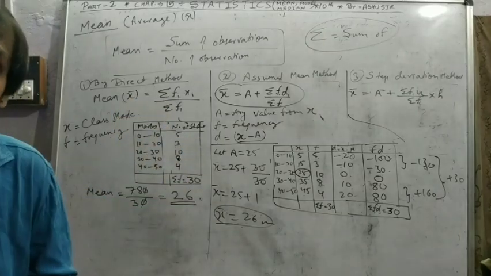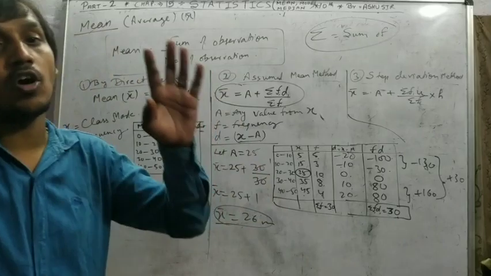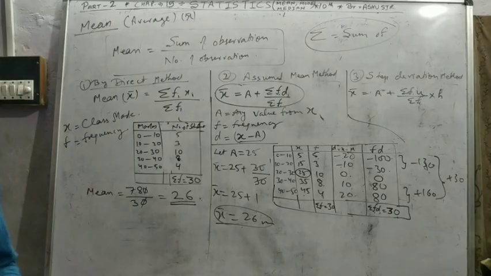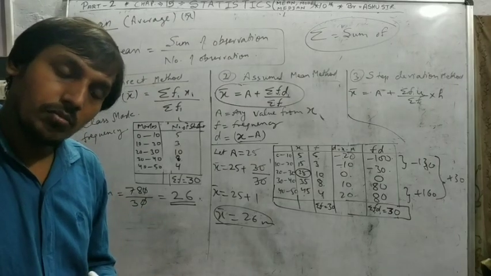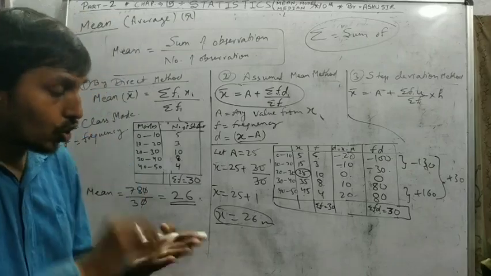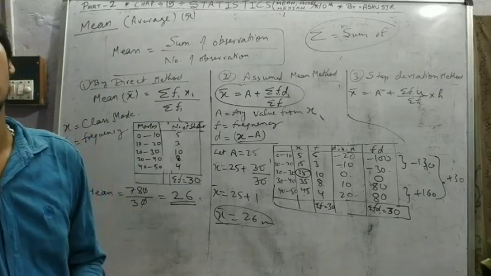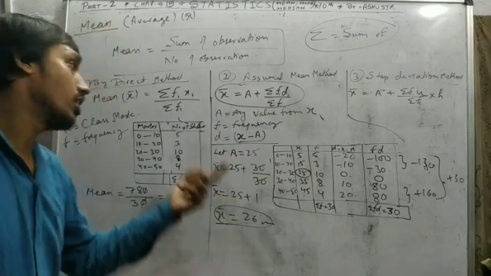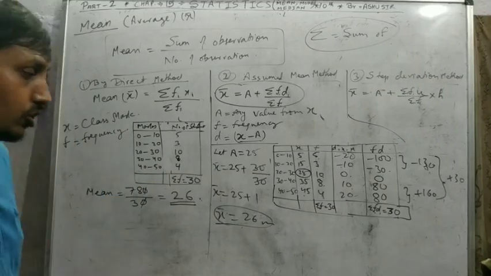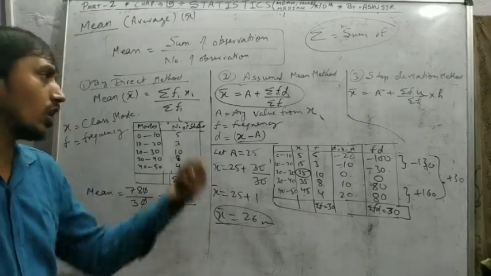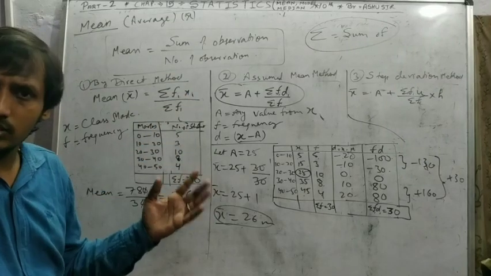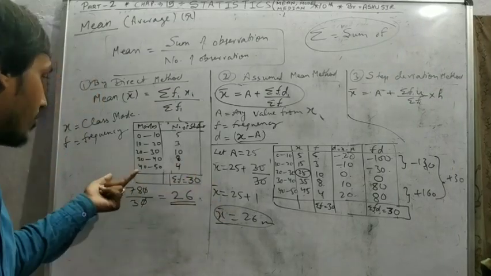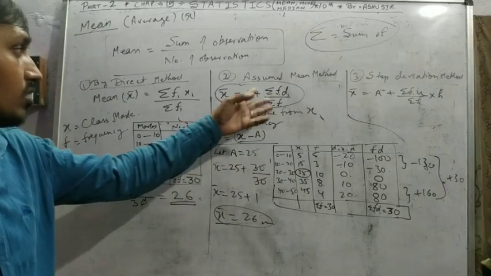If the data is the same and you find the mean, then for the assumed mean method, for the direct method, for all the formulas, you get the same value. But if the examination says to solve the question using the assumed mean method, it is compulsory to find the mean by that method. Whatever is given in the question, you can use. If it's not given, you can use the direct method directly. That's your choice. Okay, so pause it and note down. This is the direct method. This is the assumed mean method. I hope you understand.